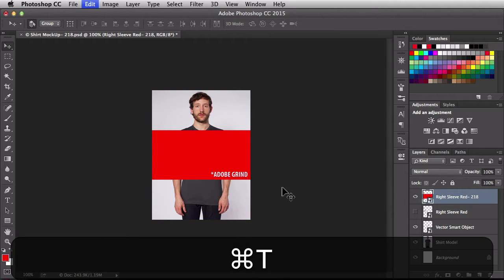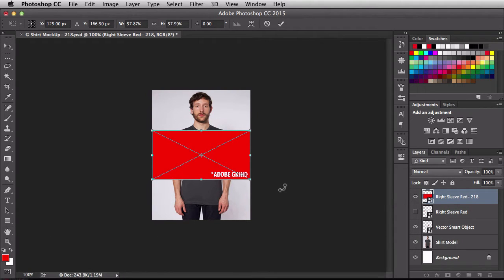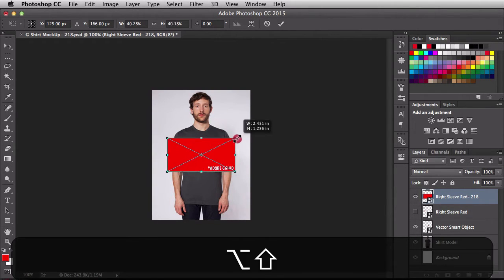I'm going to hit command T on my keyboard to get those bounding boxes there. Grab the edge, click and drag towards the center while holding down Shift and Option. If you're on a PC, you're going to be holding down Alt. All right, so I bring these guys in, and I'm still going,